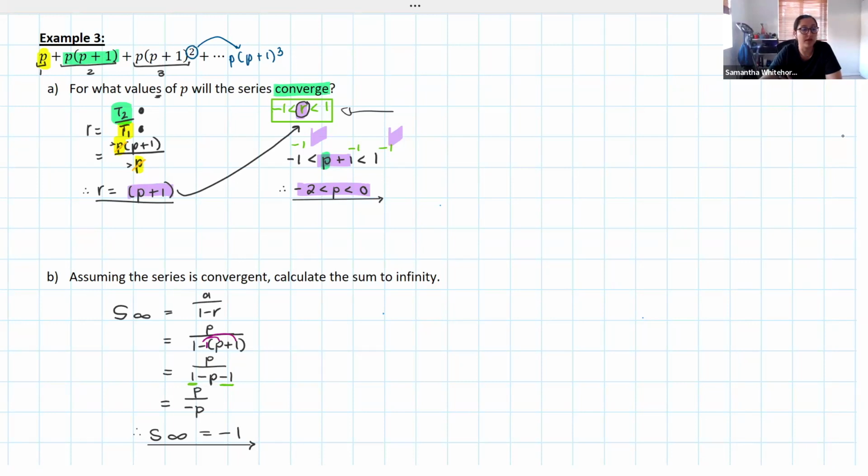We use all of that whenever we solve for an unknown, and there's no difference here. Knowing what a converging series is allows us to solve for our p values. All right, but